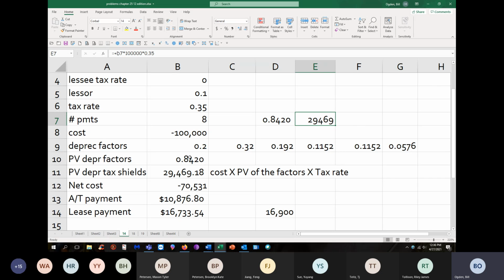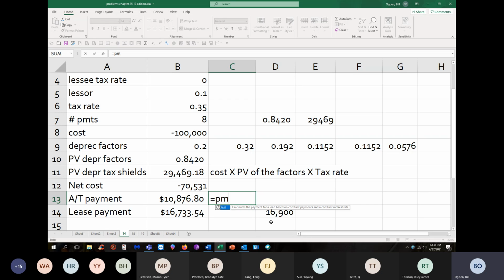All right, I net that from the cost, leaving the lessor with a net cost of $70,531. I convert that into an after-tax annuity, so I'll say equals payment, and then we'll do 0.065 again, and